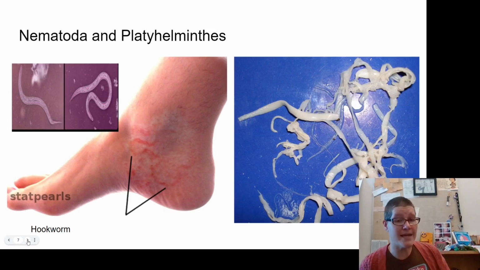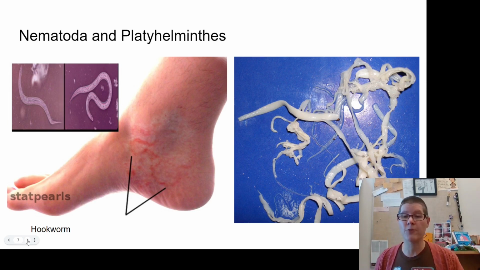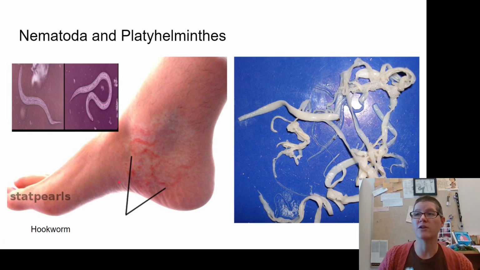Worms, so helminths, which are actually pretty large creatures, get counted in microbiology because they act like parasites and they have micro-sized pieces to them. So most of the time they lay eggs, the eggs end up in feces, they get into the body, and they follow a very similar life cycle as I was showing you with the protozoa type things earlier. Except that when they grow, they break into something that is much larger. There's two kinds that we would care about in microbiology, the Nematoda or roundworms, and the Platyhelminthes or flatworms.